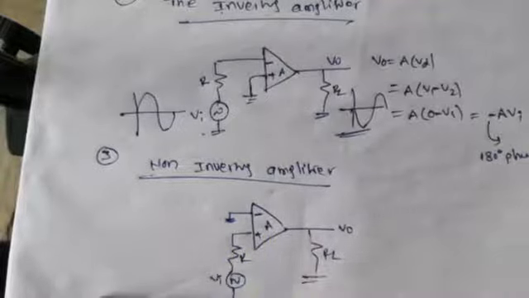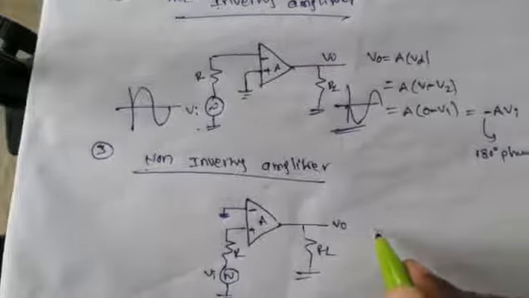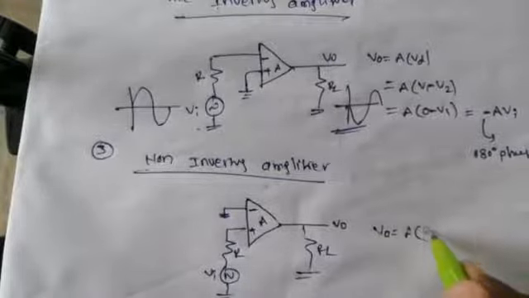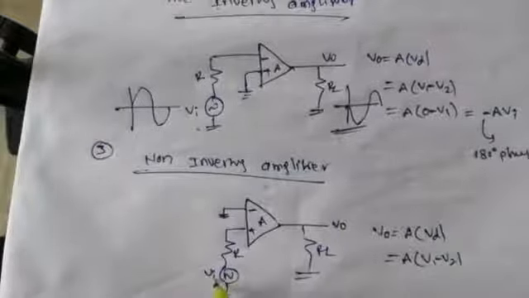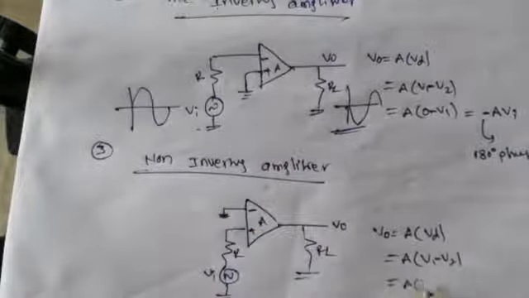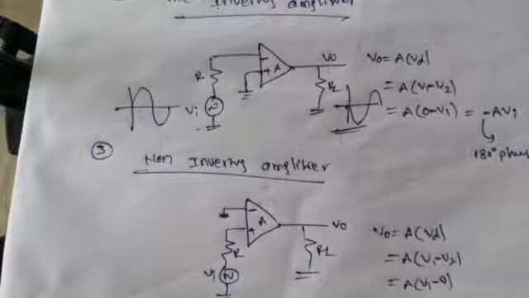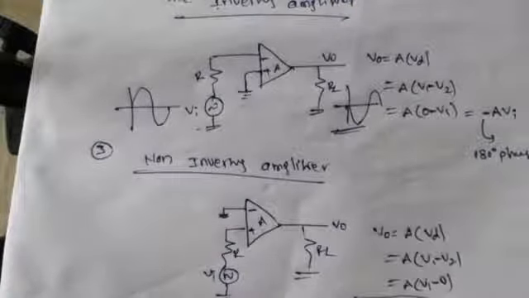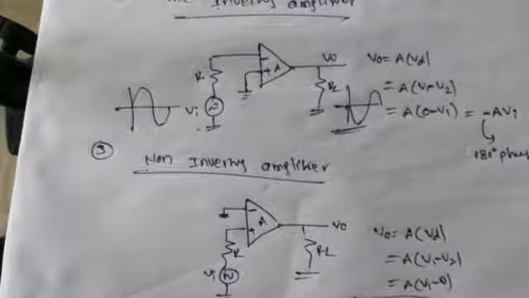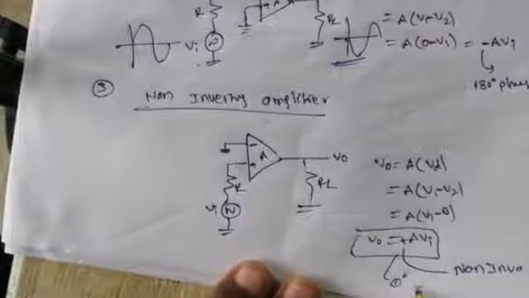Here the amplifier will have gain A. So V0 is equal to the gain multiplied with the difference between the two input voltages, that is, gain times V1 minus V2. We have V1 as Vi, and V2 is 0. You can substitute A into Vi minus 0, that is nothing but A into Vi. So here it will have a positive sign. Positive sign means non-inversion; non-inversion means 0 degrees phase shift, that is, there is no phase shift. Inverting mode has a phase shift of 180 degrees. Non-inverting does not have a phase shift.